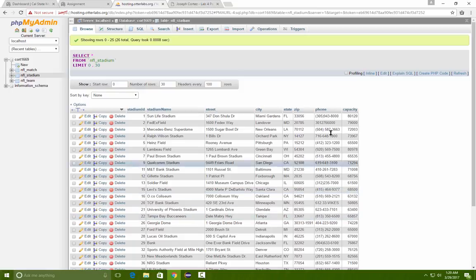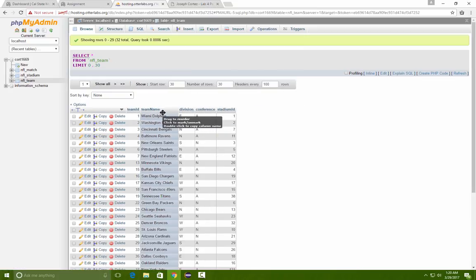and capacity. And the last table is NFL Team. NFL Team is a table that just consists of the teams in the NFL, their division, their conference, and also links to their stadium ID